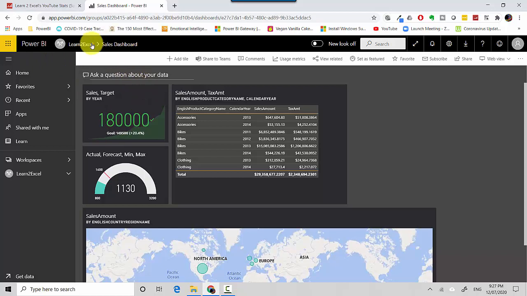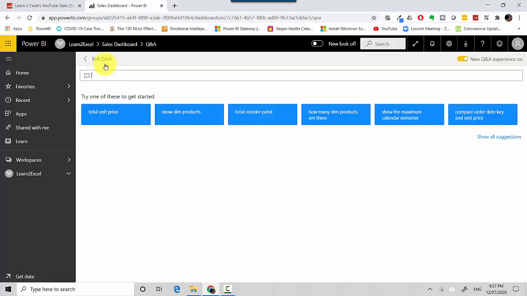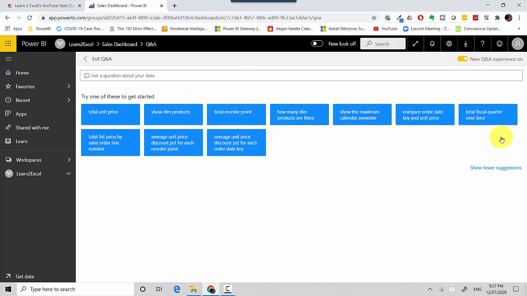So when I've logged into the dashboard, you can see it gives me the option to ask a question. Essentially I can ask a natural language question here and it will show me the various options. So let's say I click on here, and I know my data set fairly well, so it gives me various suggestions as well. I can click on show all suggestions, but I know what I want to look for. So I want to see sales by